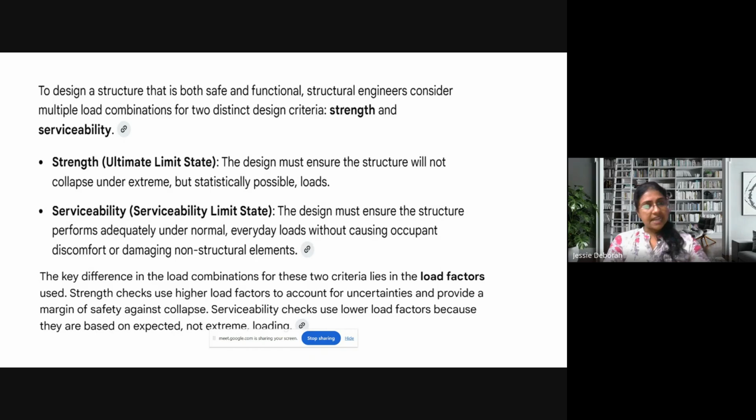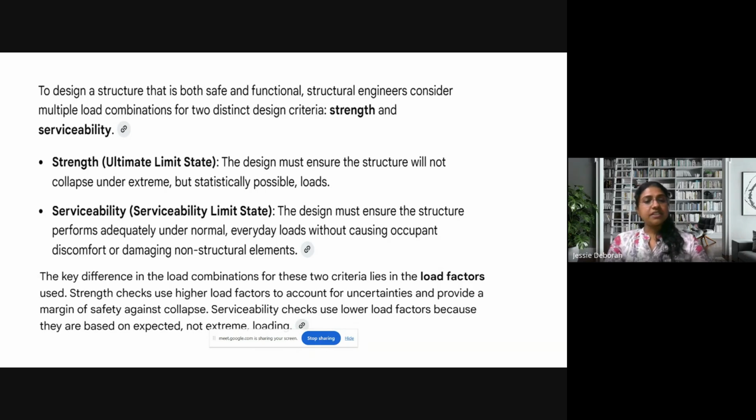You have to design it in such a way that an earthquake or the settlement of the structure does not lead to any breakage or other problems to your structure. Now, when it comes to serviceability, the design must ensure that the structure performs under everyday conditions. What if suddenly above my head there is a beam that can fall and break? Is it going to keep me happy in that place, or will I be under constant trauma that it might fall anytime? That is why we design for serviceability.